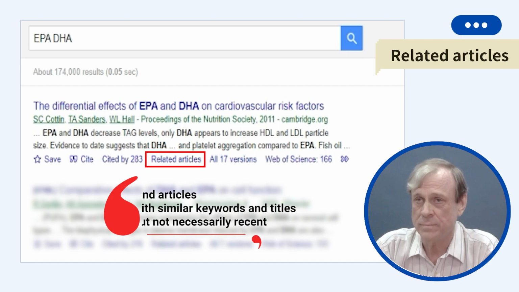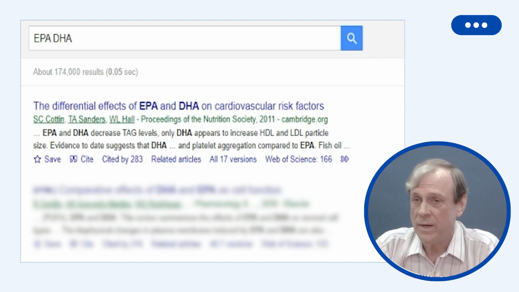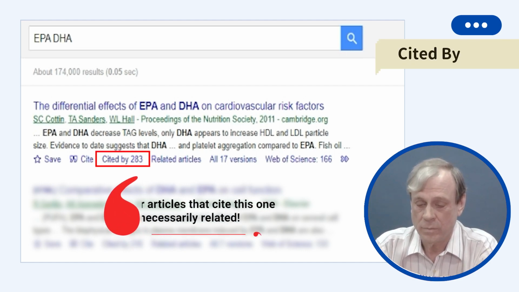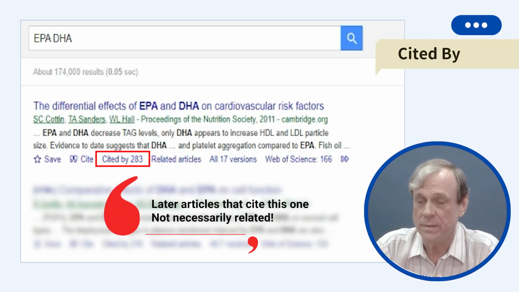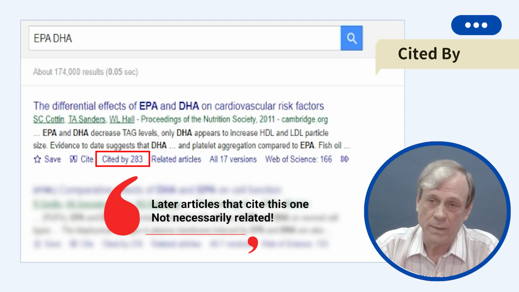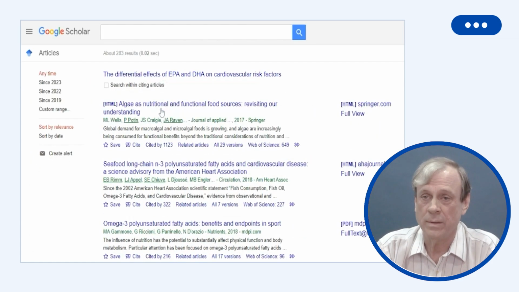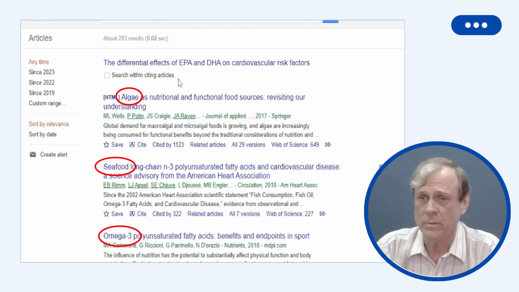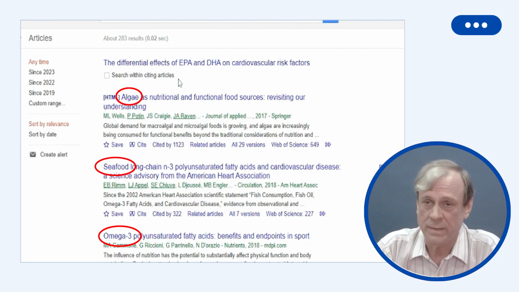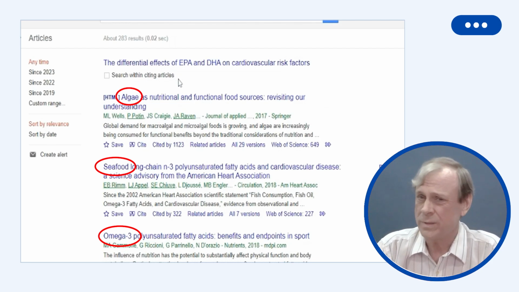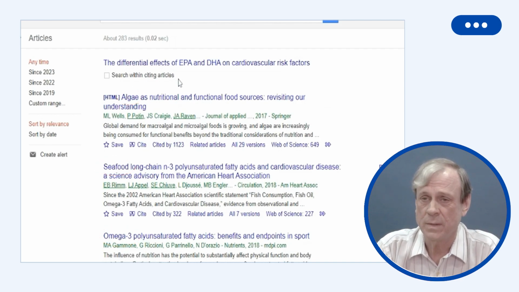One way to find more recent articles is cited by, and it will show how many articles have cited this particular article. But the problem with that is they're not all necessarily related. For instance, if we do that for this particular article, it will bring up all kinds of articles on algae and seafood that contain EPA and DHA, but don't really deal with cardiovascular disease, which was what we're really interested in.